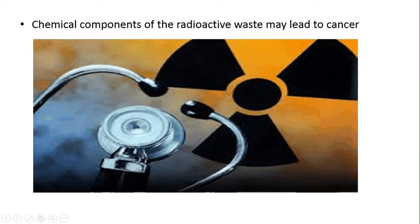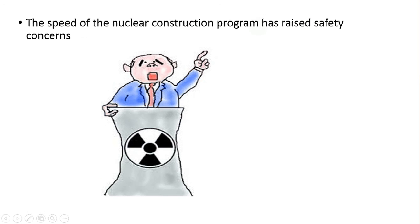Chemical components of radioactive waste may lead to cancer, and for sure if radioactive waste is exposed to the environment, it will lead to cancer once it is ingested or inhaled by the inhabitants. So it has raised major concern about safety as it relates to nuclear construction programs